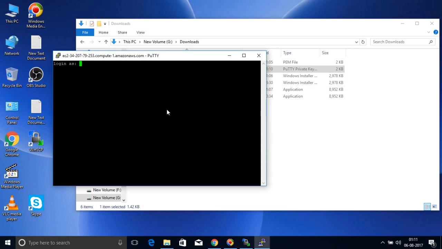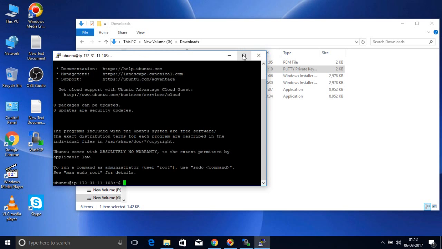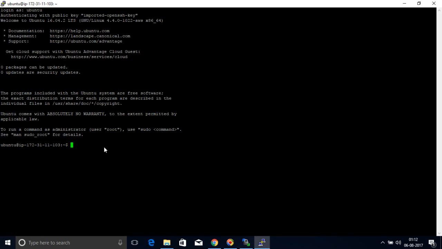Now friends, we have selected an Ubuntu image for the EC2 machine. So the username for the Ubuntu EC2 machine, which AWS provides, is ubuntu. So you just type ubuntu over here and just click enter. Now you can see we are connected to our EC2 machine. So now you can run any commands, anything you can do in a normal Ubuntu operating system, any virtual machine or any physical machine which is Ubuntu based.